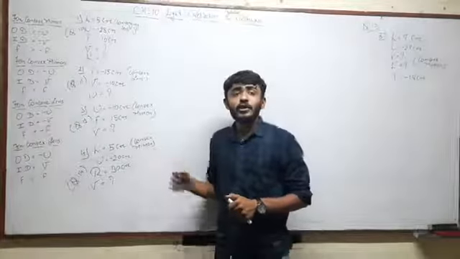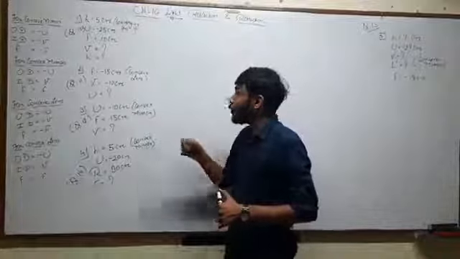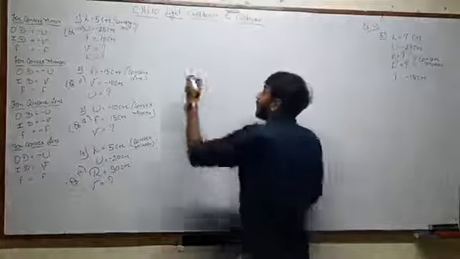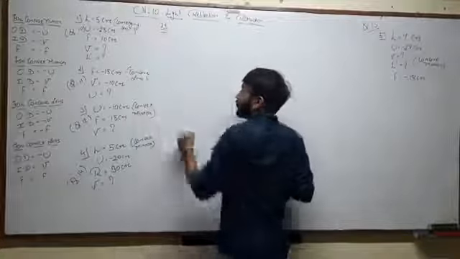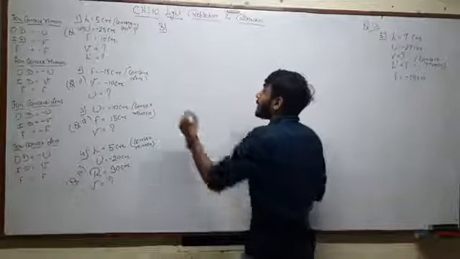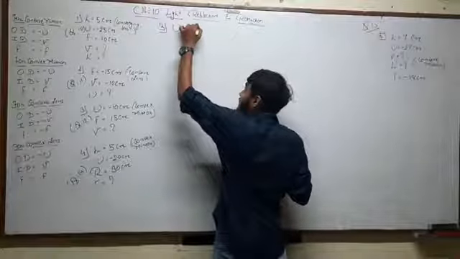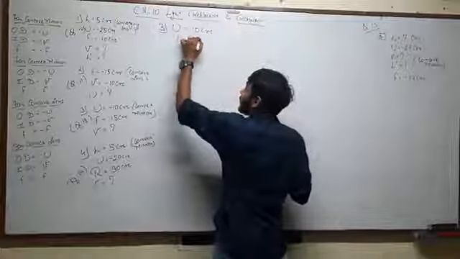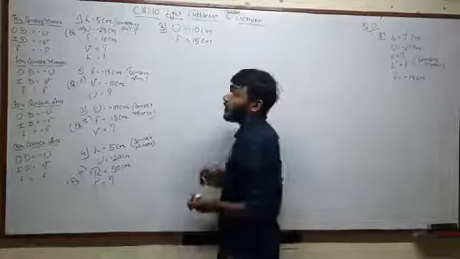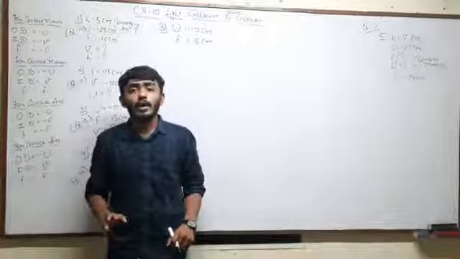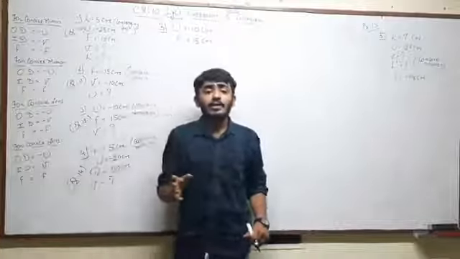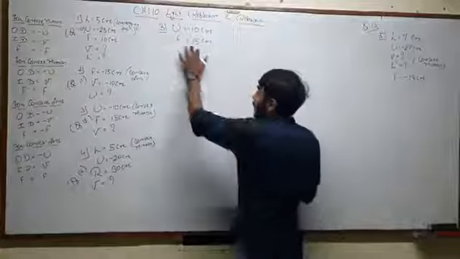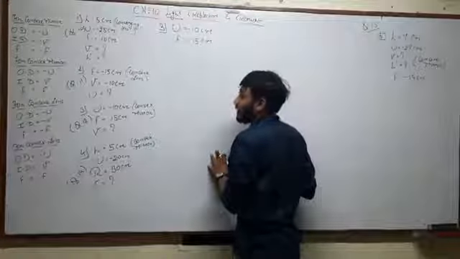So we will go for the third sum, and that is in the form of convex mirror. It is given in the form of convex mirror. So for the third sum, object distance is given as minus 10 centimeter. Focal length is given as plus 15 centimeter. As you all know that for the convex mirror, object distance will be only negative. Rather than that, everything, that is image distance, focal length, everything will be positive. So f is equal to 15 centimeter.